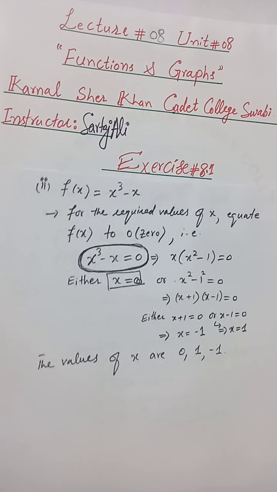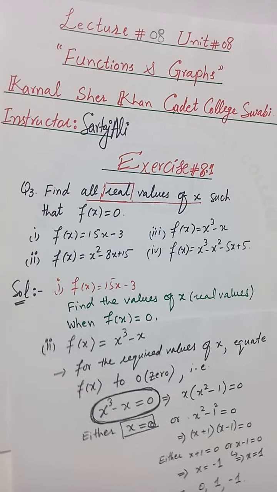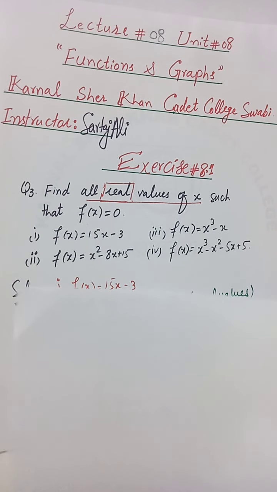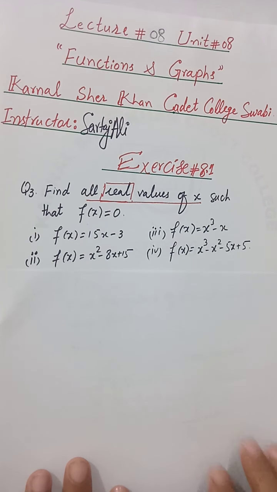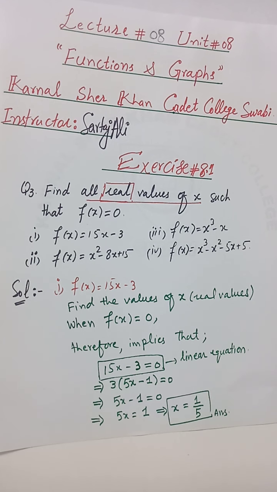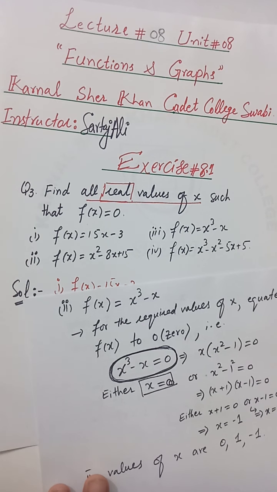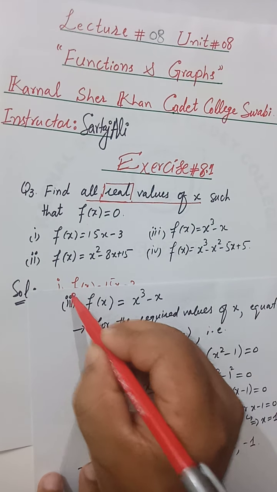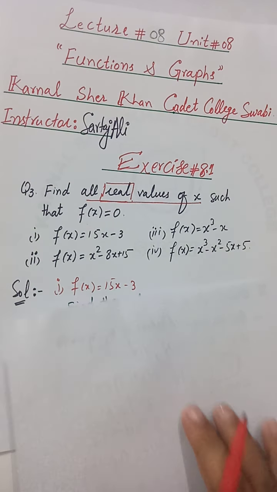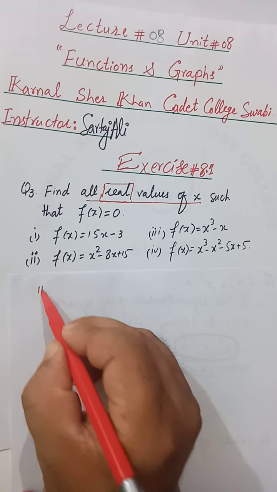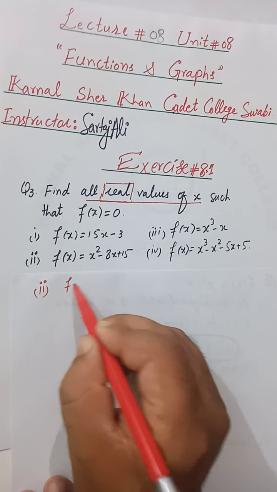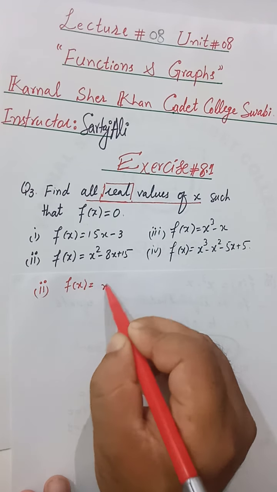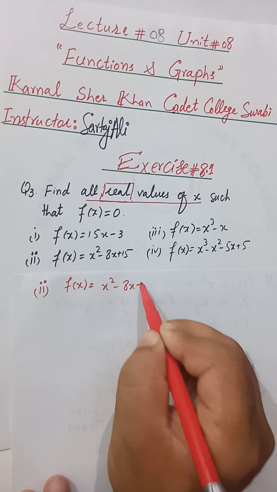Now moving towards the another part, which is part number 2. Sorry, this is part number 3. Now moving towards part number 2. Okay, part 2. In part 2, you see that the given function is equal to x square minus 8x plus